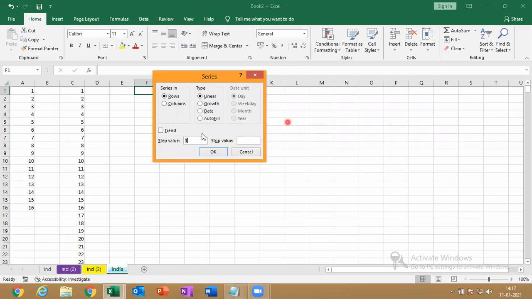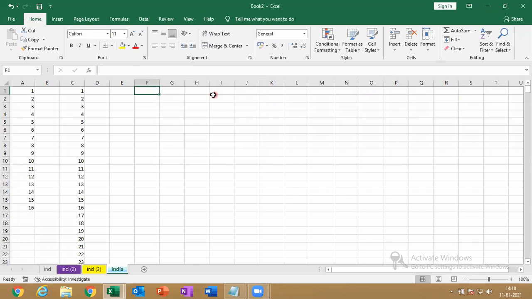Okay, next series. Here I want growth, like 2, 4, 6, 8, 10. So let me type here 2 or 1. I wrote 1. Next we are going to see growth. Just click on the fill, go for series.